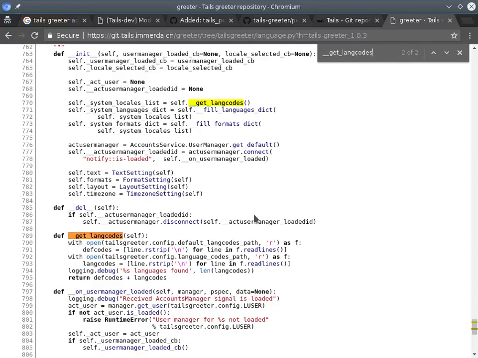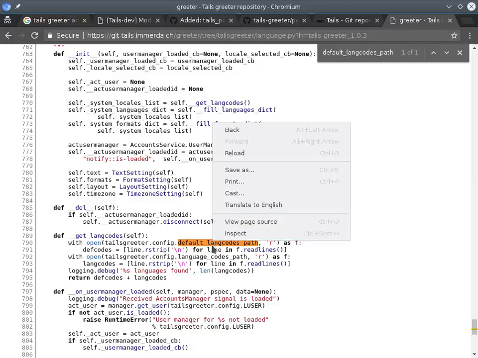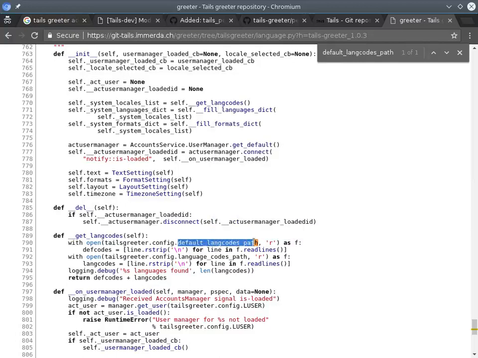So with open lang default lang code paths. Okay, that's nice. So this is config. So default lang codes paths, which comes from the config. And yeah, well, I can't. Okay, I cannot copy this because it's not selected. So the full lang codes it's from tails